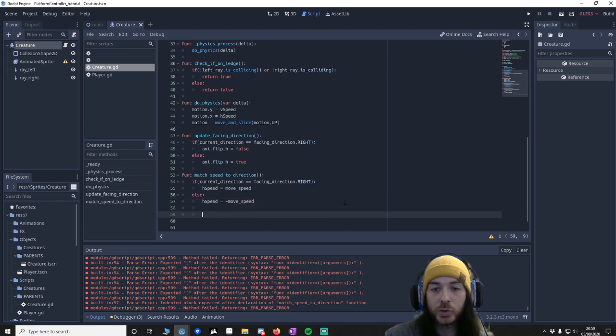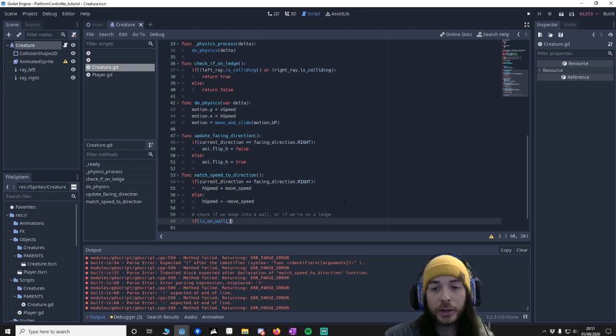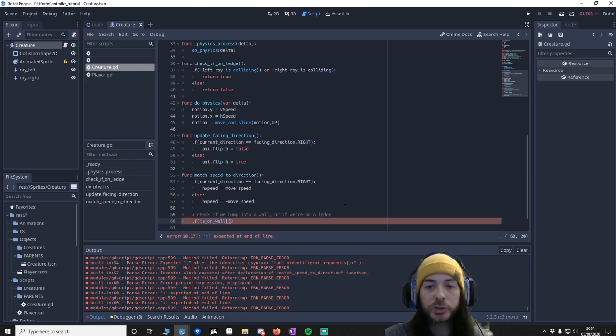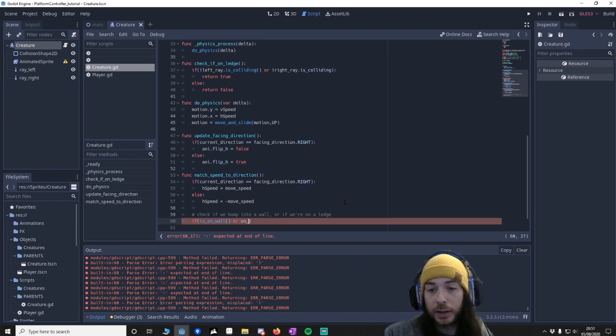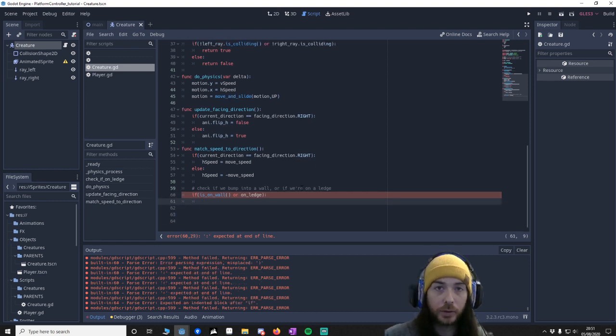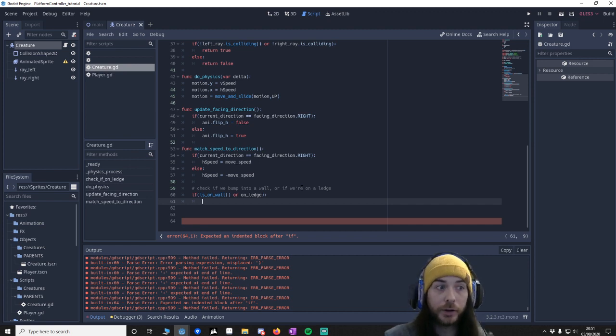Another thing I need to do as well is check if we bump into a wall or if we're on a ledge. If is on wall, so that uses the kinematic body's is on wall, which checks if there's a collision to our left or right, or on ledge, if we're on a ledge, then that means we want to invert which way we're currently facing. So if current direction equals facing direction dot right, if we're facing the right,